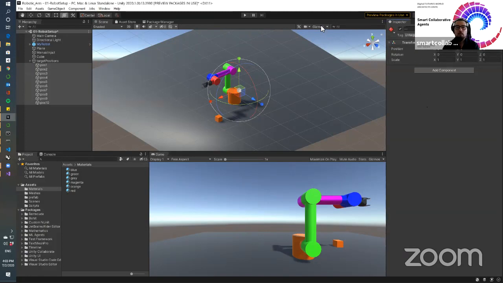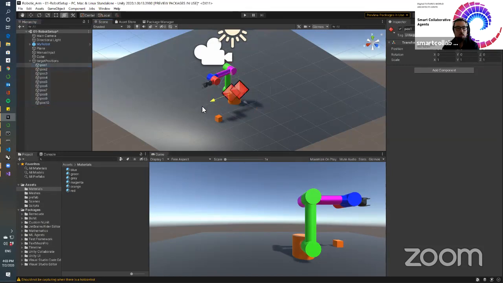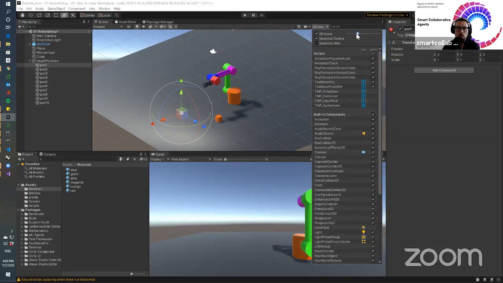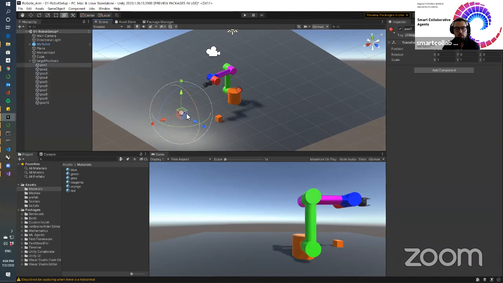So this will be an icon that if you press on gizmos, show gizmos, now you can locate this. It's a little bit big, so you can always reduce the size of that gizmo. So you see, this is just a position, and you can pre-visualize it. If you want to pre-visualize this on the game, you just click gizmos in the game view, and then you can position your positions to predetermine